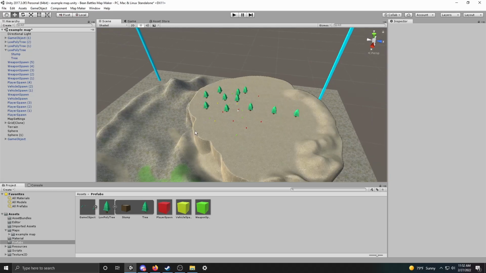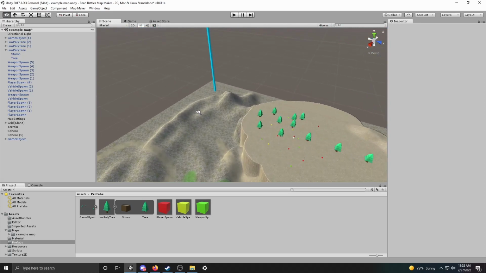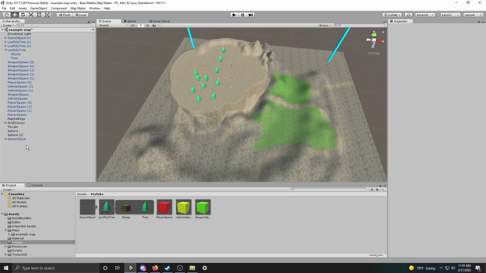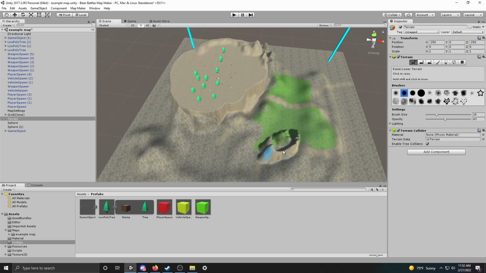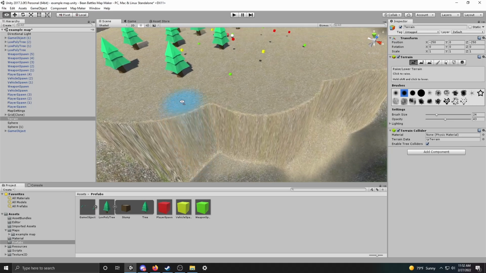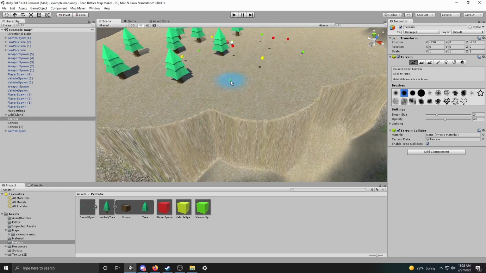Other than that, for actually making maps, there's not a lot you need to worry about. Just remember terrain. You can do all this stuff. Very cool, very fun. Control Z to undo stuff, by the way. You've got your assets that you import, all that, your spawns,